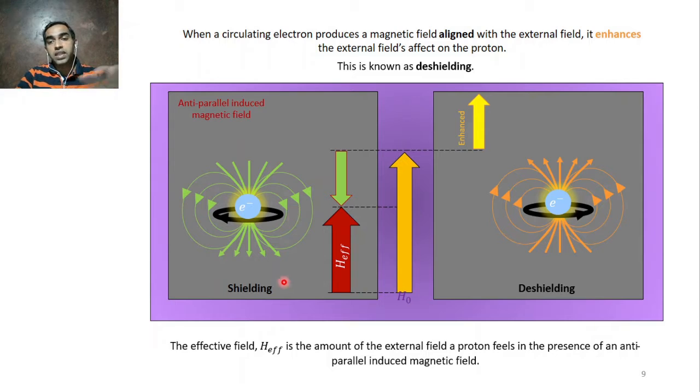Now first see shielding and de-shielding. Shielding means, if there are electron donating groups, an electron cloud surrounding the nucleus, and the magnetic field produced by it, that is the induced magnetic field, is anti-parallel to the applied one, that is called shielding. The net magnetic field experienced by the center is lesser than what you have applied. But if it is the other way, if the magnetic field is aligned with the external field, in the same direction as the external field, it can happen both ways.